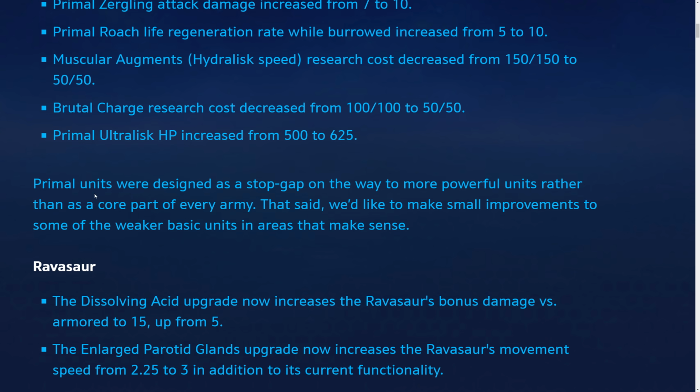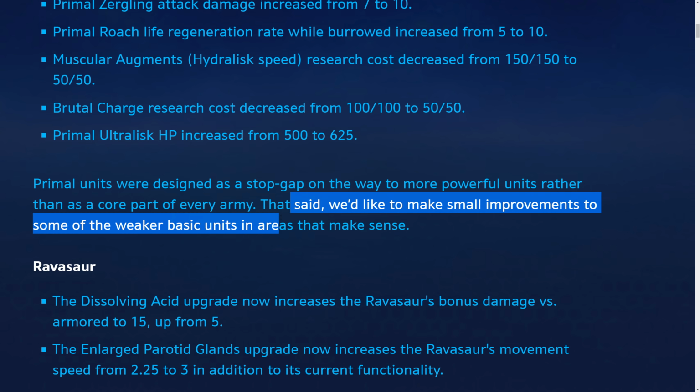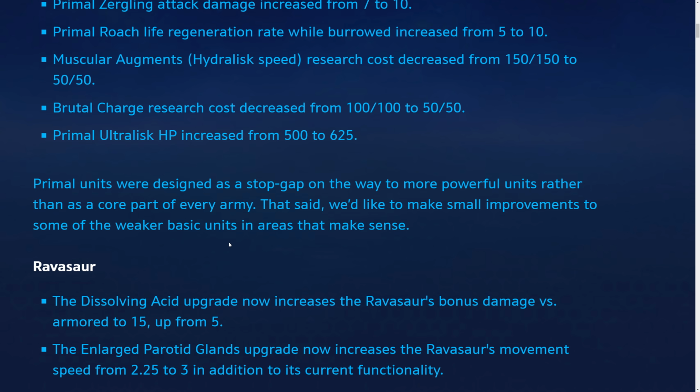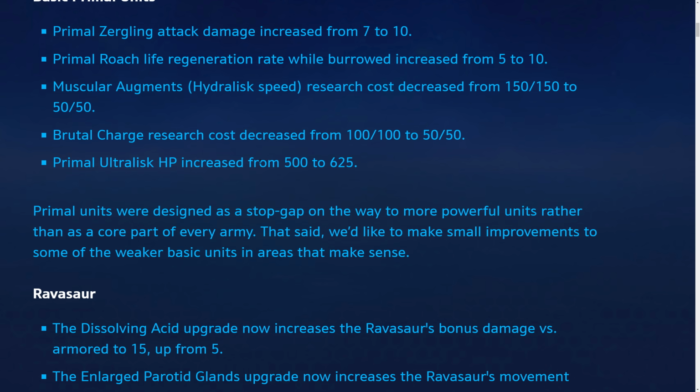So yeah, primal units were designed as a stopgap on the way to powerful units rather than as a core part of every army. That said, we'd like to make small improvements in some weaker basic units that make sense. Well, it does make sense. It's just, I don't know, kind of pointless in my opinion. Unless you're a low level